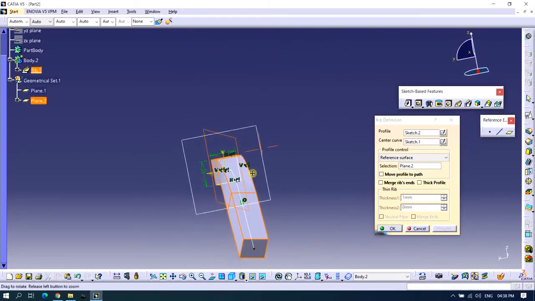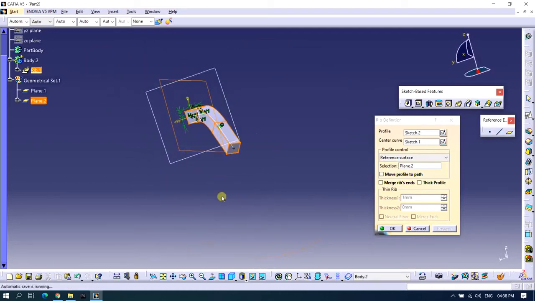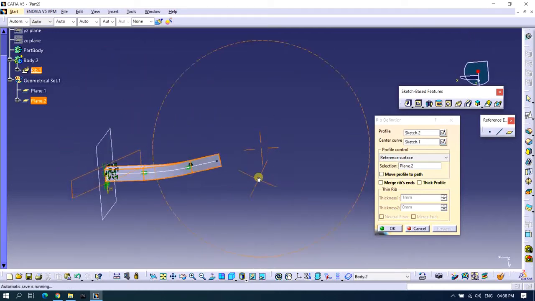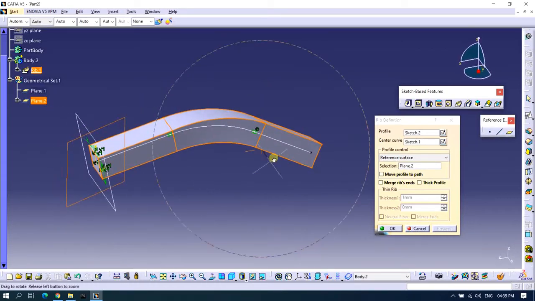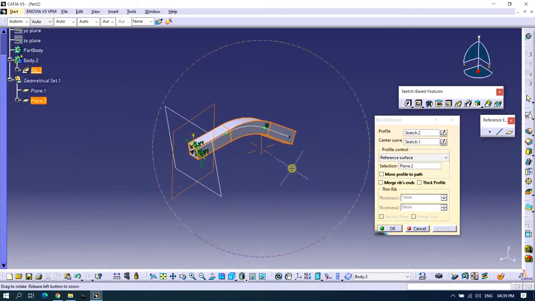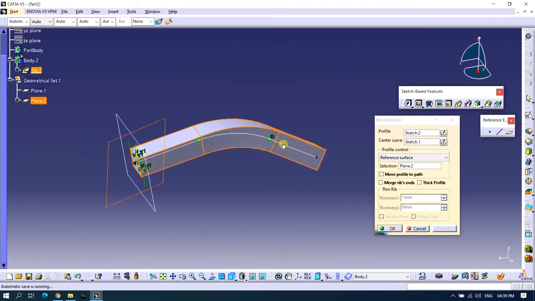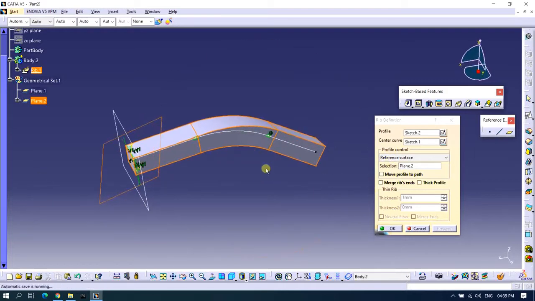It got rotated a bit. You can see here. Initially it was even throughout this center curve. Now it got rotated. So you can personalize the profile along the curve with this profile controls.